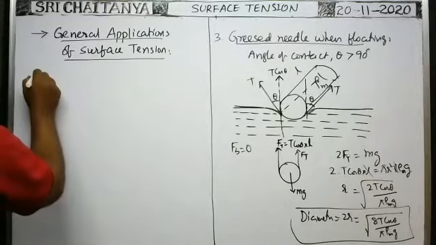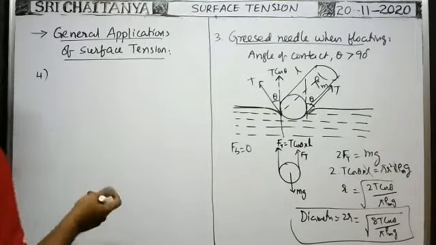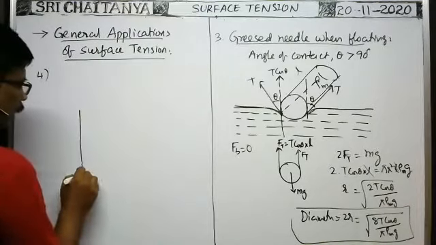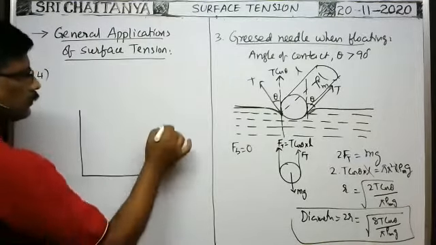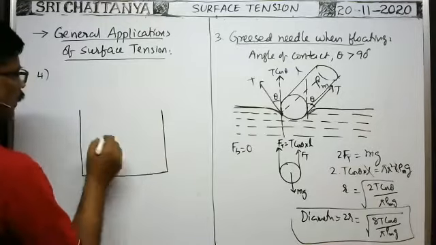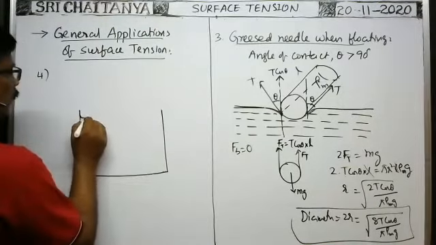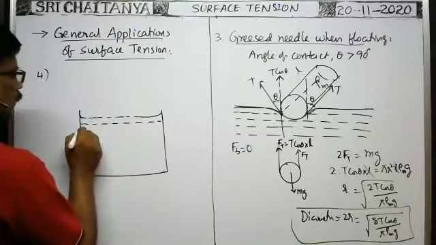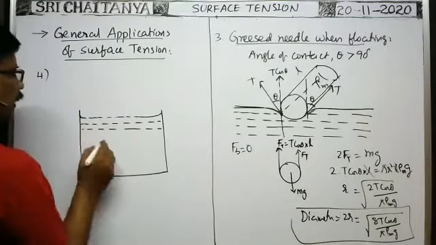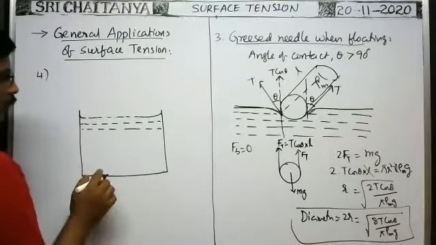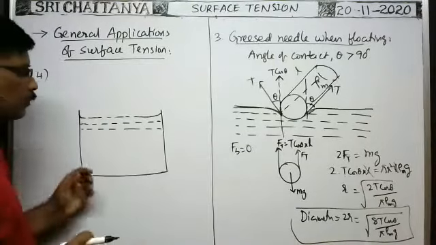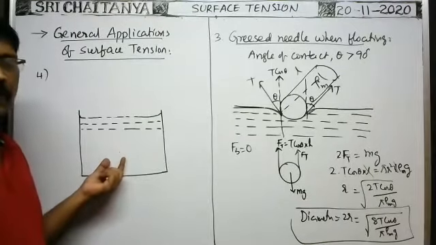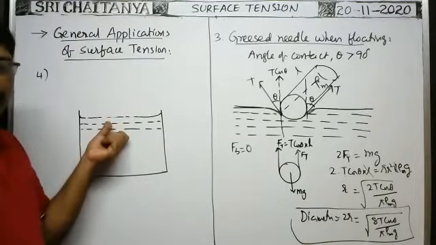One more example. It's our common experience also. Suppose in a container or utensil, water is taken, in a beaker, and the water is heating. When water is heating, now and then we can observe the bubbles. Bubbles come from the bottom of the beaker to the top. Am I right?